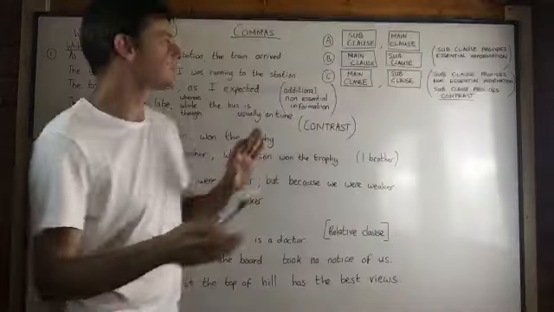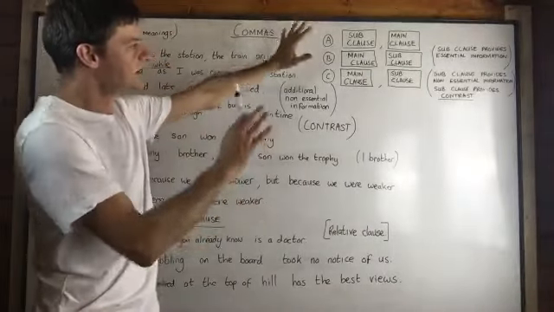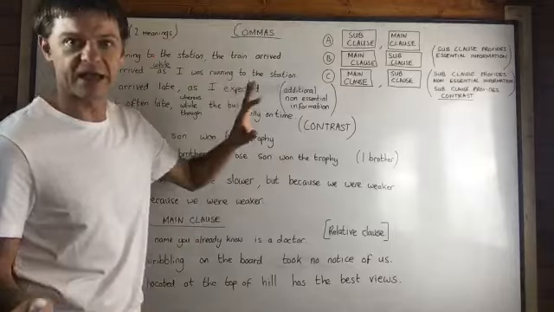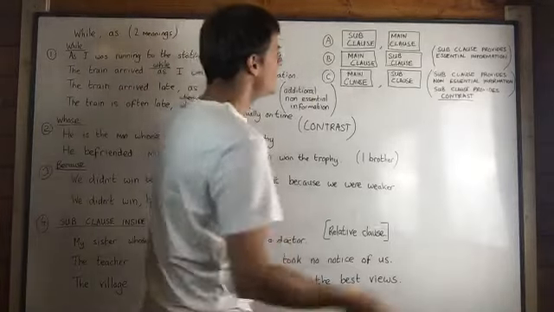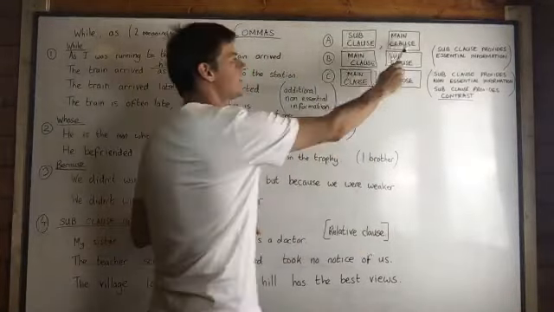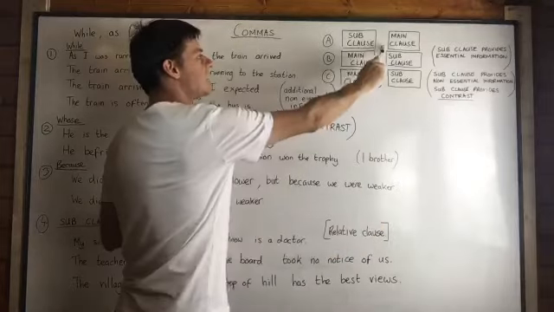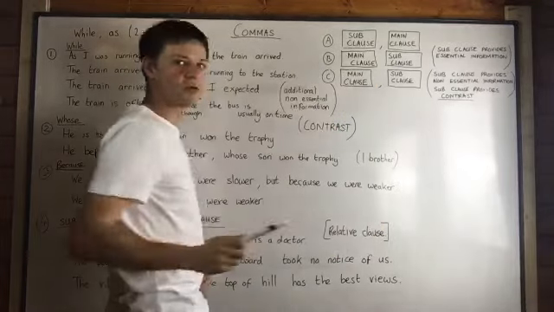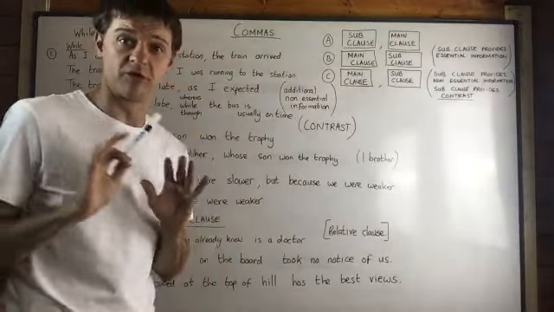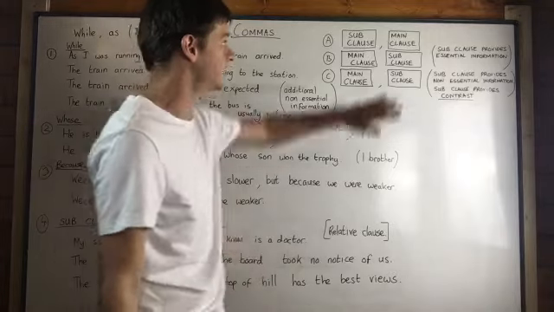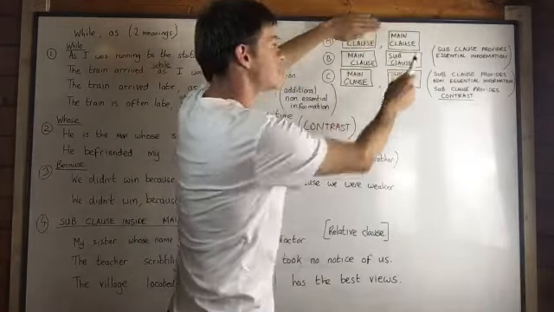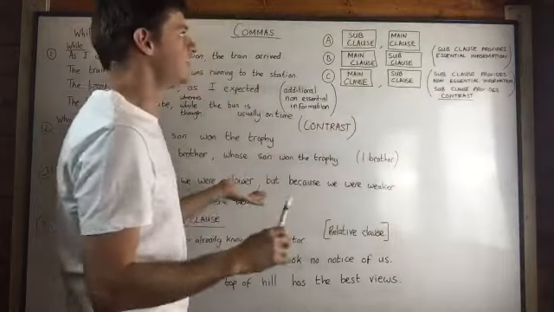So before I start, I just want to make it clear that there are different possibilities when we're making a sentence. We could have a subordinate clause and then a main clause, in which case you have a comma after the subordinate clause. The subordinate clause is non-essential information. The main clause can stand on its own, and so it's non-essential.